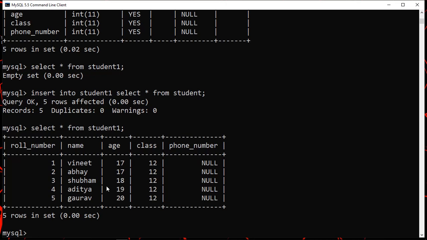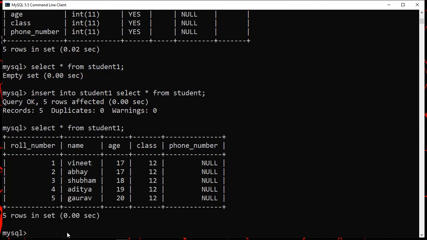Now let's check whether it is possible to delete some particular instances from the SQL table. Suppose we want to remove this record with roll number 5, name Gaurav, age 2012 and phone number null from our table. How can we do that? For that we need to use the delete command.